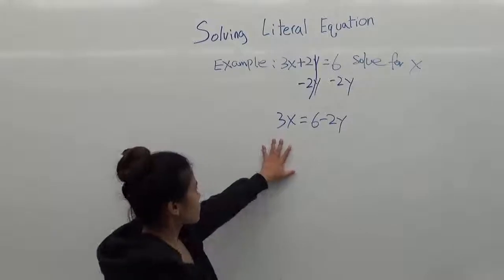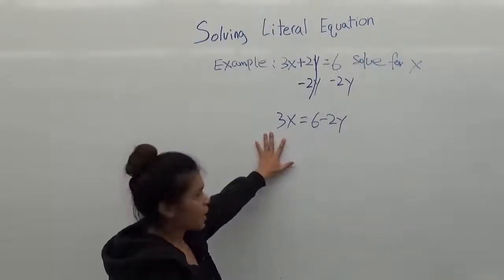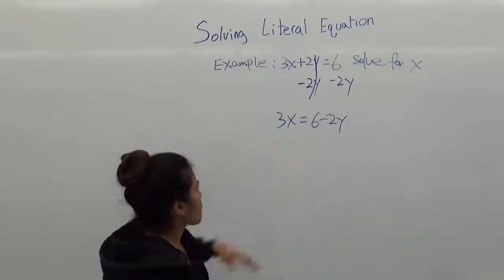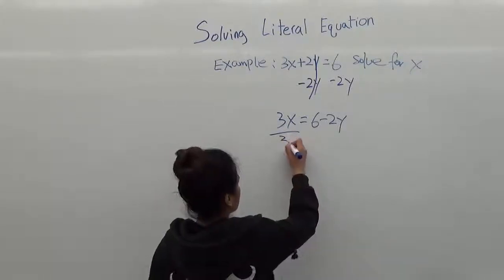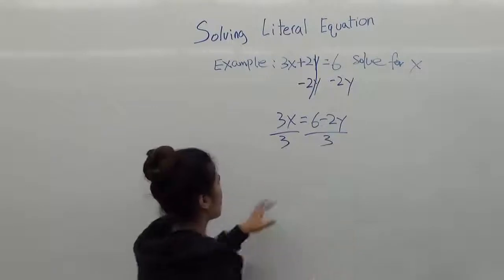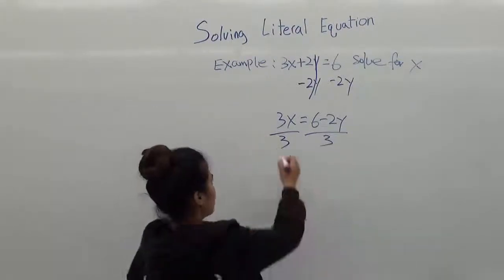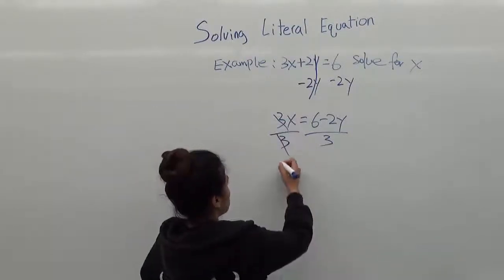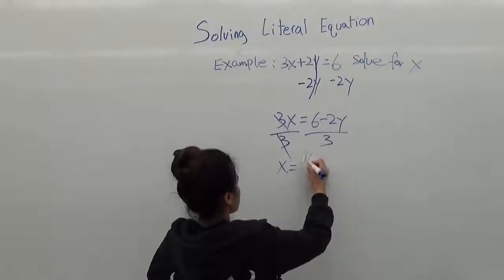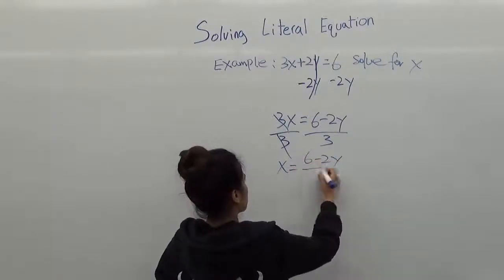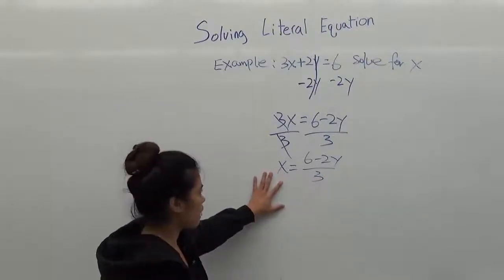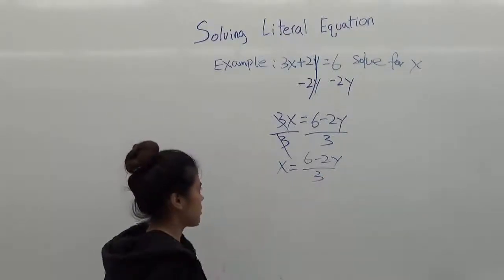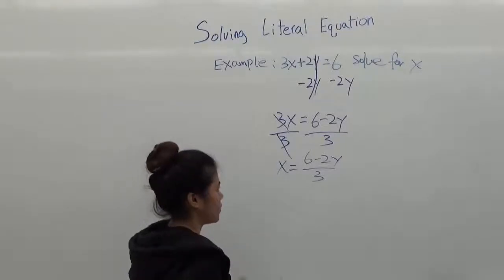Then we need to get x by itself. Since 3 has been multiplied by x, by doing the inverse operation, we're going to divide by 3 on both sides. This 3 is going to be cancelled out. Then we get x equals 6 minus 2y, divided by 3. At this step, this is not done yet, since it has not been simplified yet, so we need to simplify